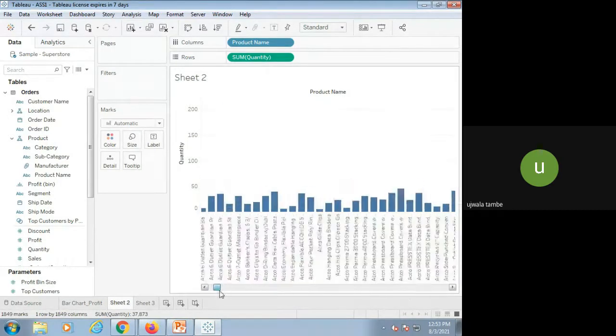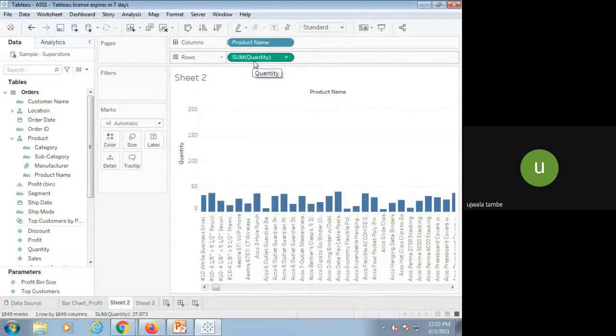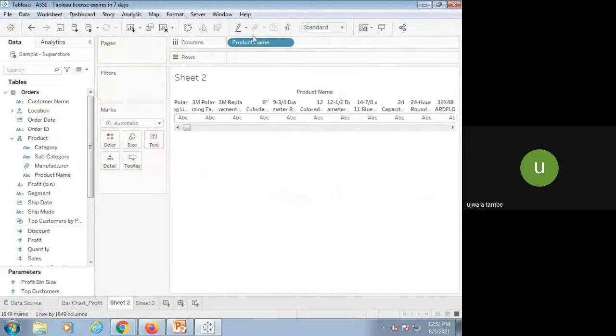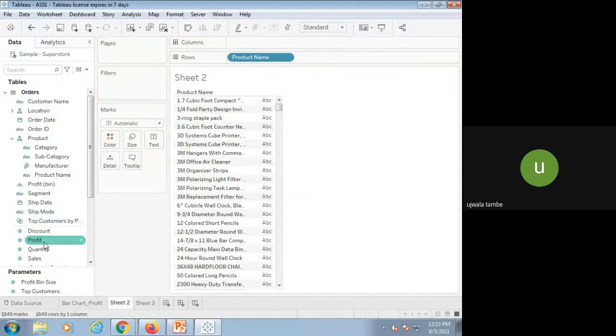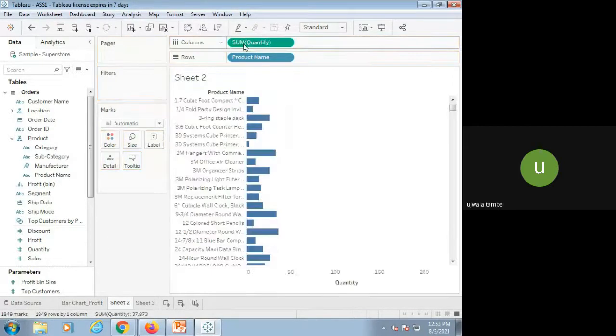So instead of this, we can select the product name as a row and the quantity as a column. It totally depends on the user's perspective how you want to showcase your data. And for dashboard designing, it is very important to showcase your data properly so that it is easily understood by other users.